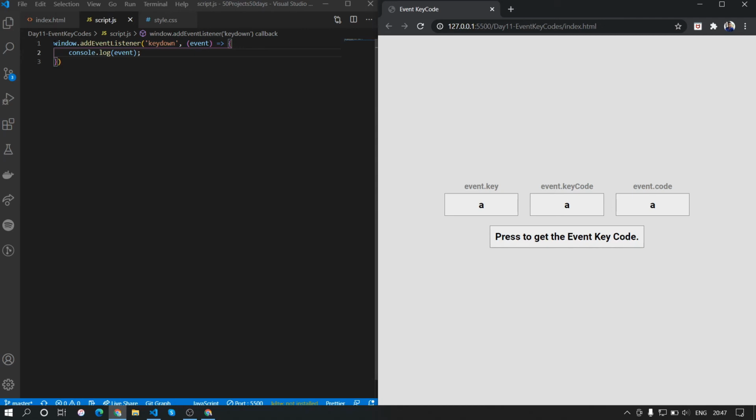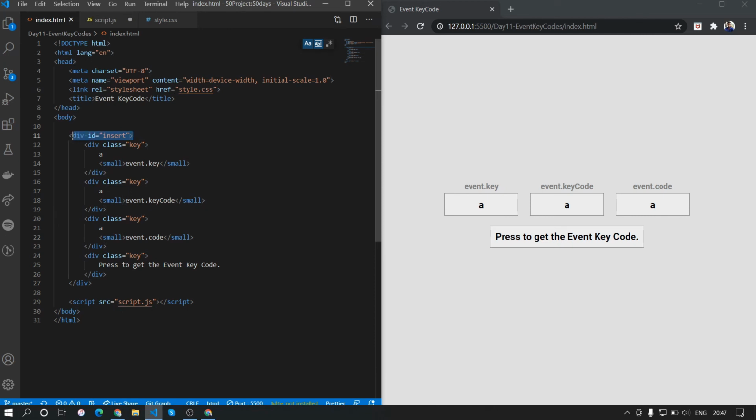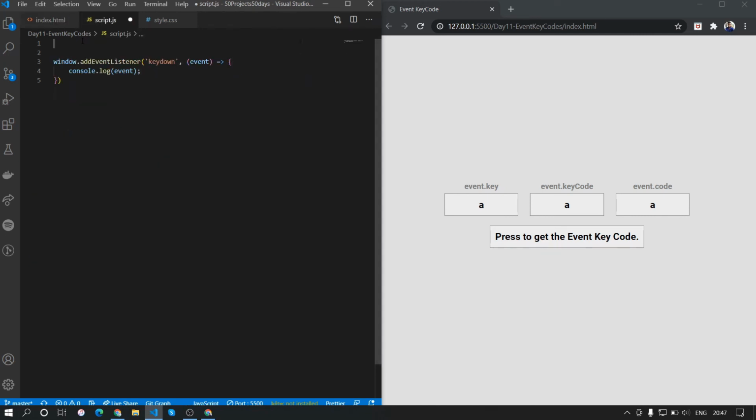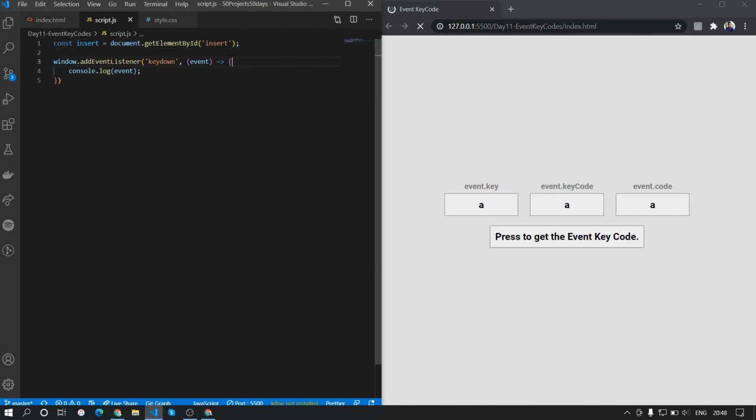To do that we'll first get the insert tab. Here you can see we had a div with an ID of insert, so we'll first get that. So const insert is equal to document.getElementById and insert, and when the key is pressed, we want to update the insert div. So insert.innerHTML